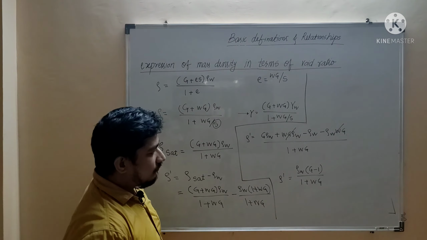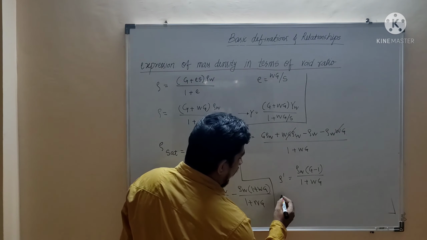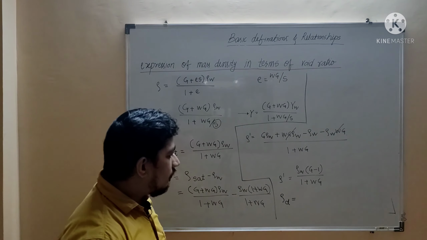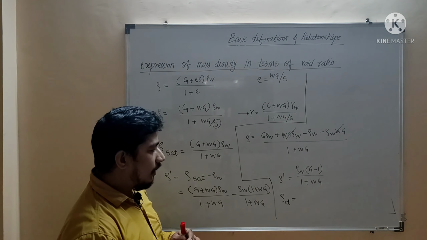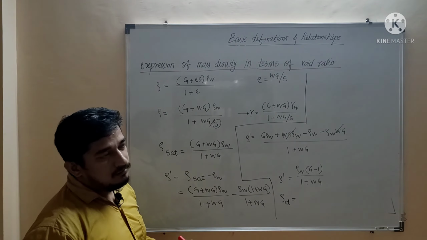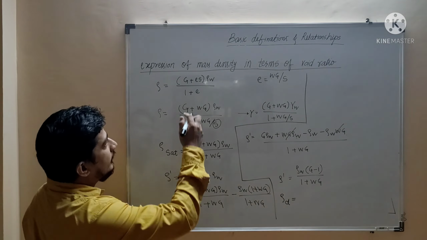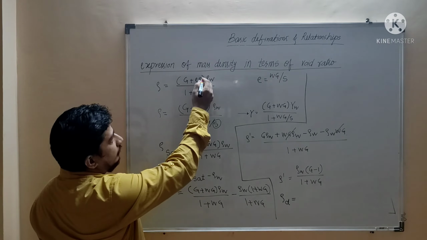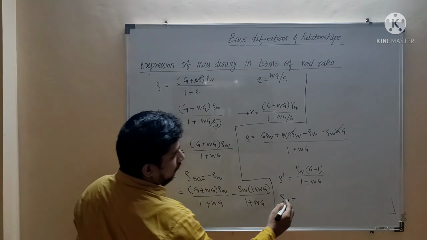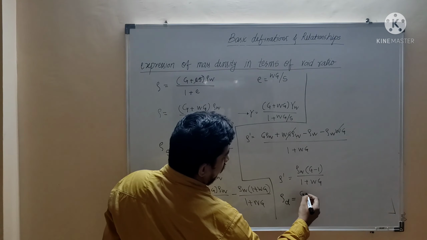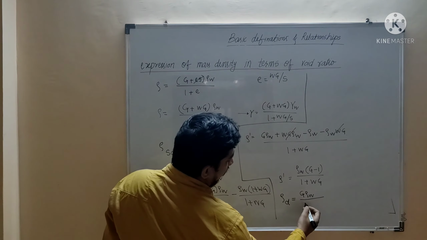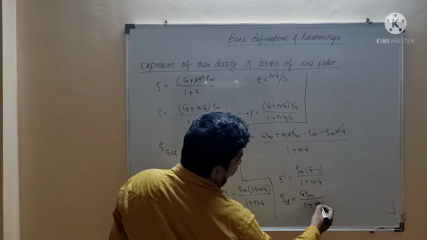In the case when the soil is in a dry condition, that is nothing but rho d. What is the formula of rho d? Ms by V. And when the soil is totally dry, the degree of saturation will be 0, so this term will get eliminated, and there will be only G into rho W. So G into rho W divided by 1 plus Wg.